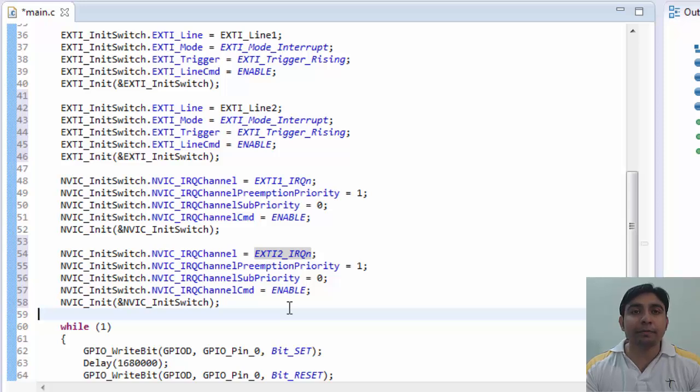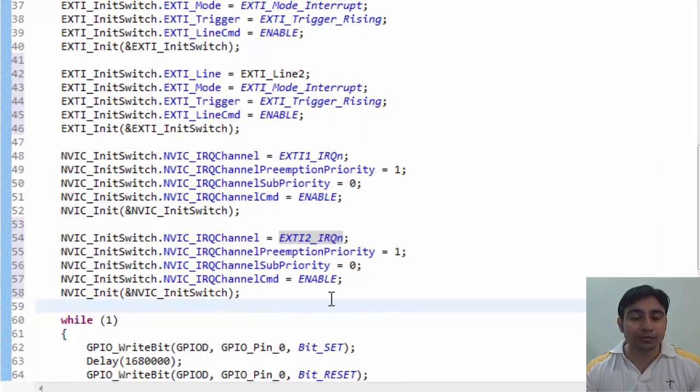Now here in the program, we want switch 2 to be of high priority and it can even preempt the switch 1 interrupt. Hence, we need to make the line 2 preemption value lower than line 1. Let's do that. Let's keep the line 2 value 0.